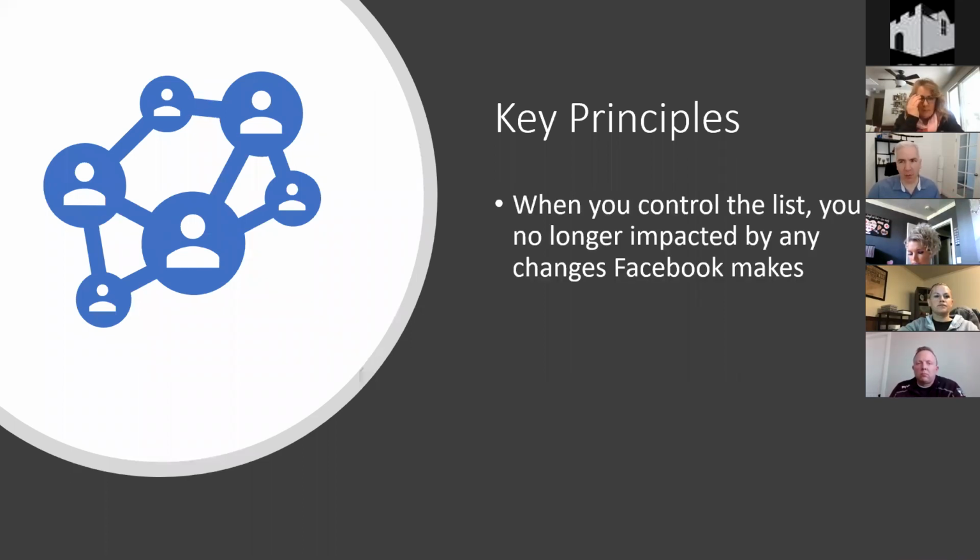So principle number 1 is when you control the list, you're no longer impacted by the changes Facebook makes. So I mentioned in 2019 and in 2020, Facebook made some significant changes to their ad platform. The reason why is because they were sued by lots of people for discriminatory advertising. So they were sued by the Department of Housing and Urban Development. They were sued by Fair Housing Administration, lots of other smaller organizations